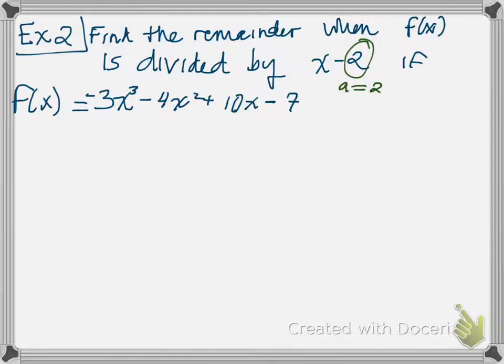So then the idea would be that the remainder theorem tells me that the remainder will always be f of a. So f of 2 in this case. And I can save myself the trouble of actually dividing, though I could confirm with synthetic division. I'm not going to do that here. I'm just going to plug into my function and see what I get, and then I'll know that will be